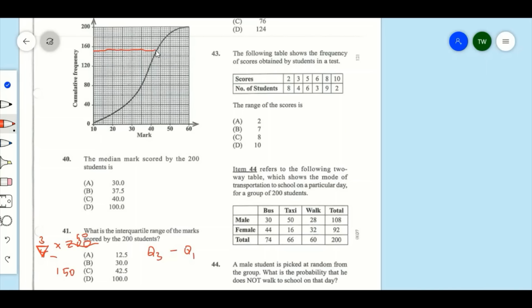My line is not as straight as it should be. It's not drawn with accuracy, but your own should be drawn with accuracy. And then you come straight down, and here is 40, and the scale that they are using, between 10 and 20, there are 10 small boxes, so that means each of them is 1. So here is 40, this would be 41, 42, this is about 42.5. So Q3 would be about